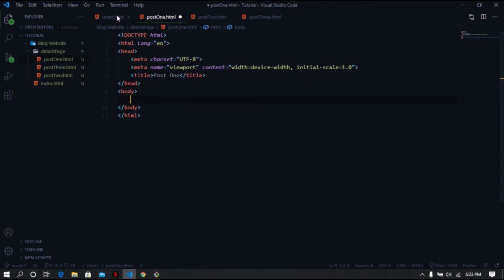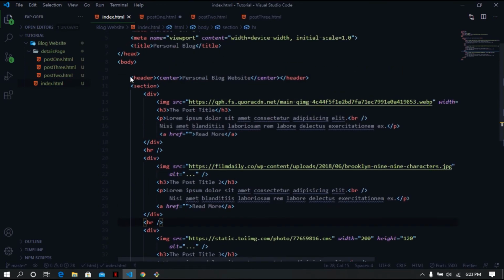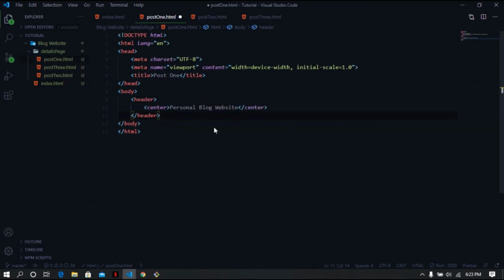We'll keep the header, which we'll copy from here because we need this, and we have the header here. After that, we'll be using a section just like before, and inside this section we'll have a division for the details section here with H4 or H3, whatever you want to go with. We want to give it a post title, which is here post1,